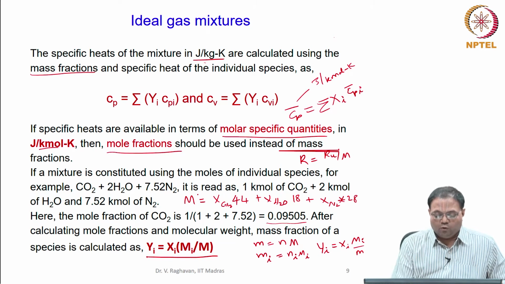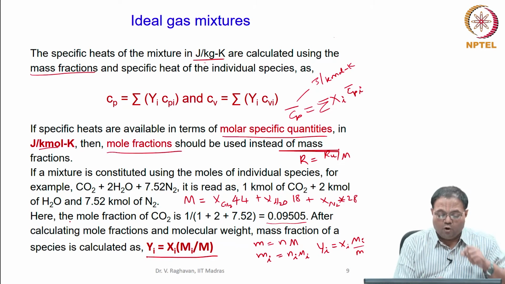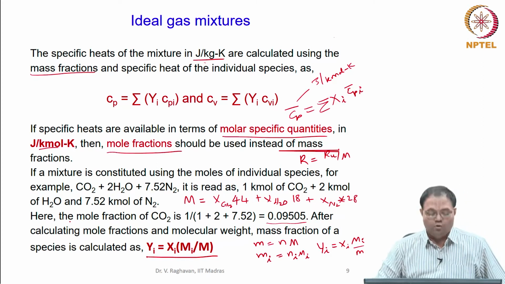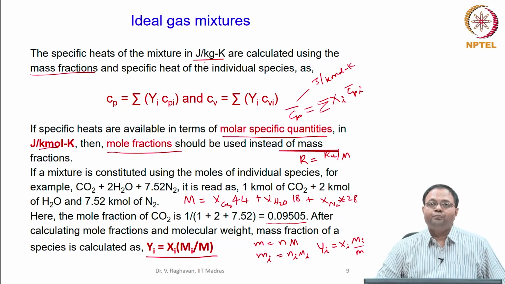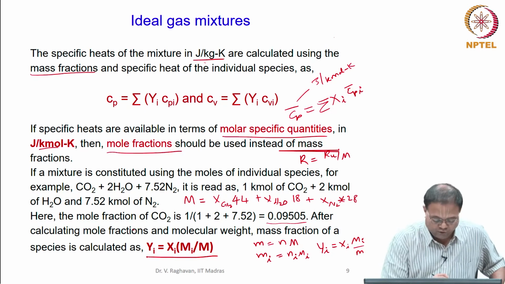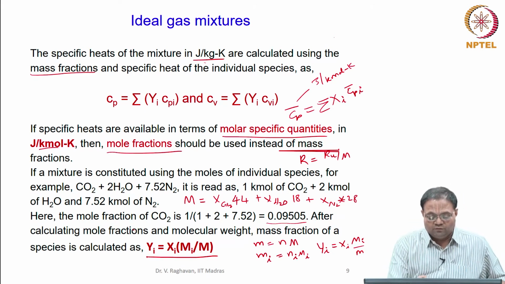Okay. So, let us calculate. Now, Cp, how will you calculate it for this mixture? You have to know the individual Cp values. For example, Cp of CO2, Cp of H2O, and Cp of N2 you should know, either on mass basis or molar basis. Once you know that, you substitute them in this equation.